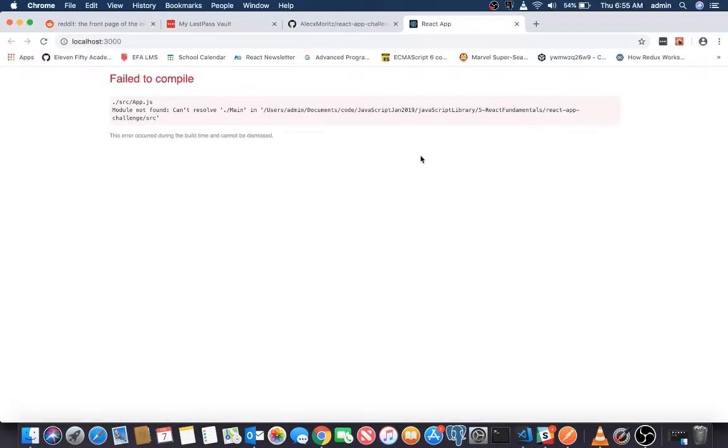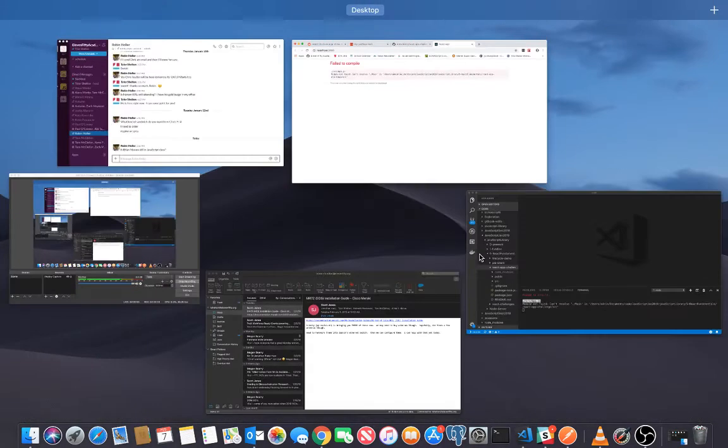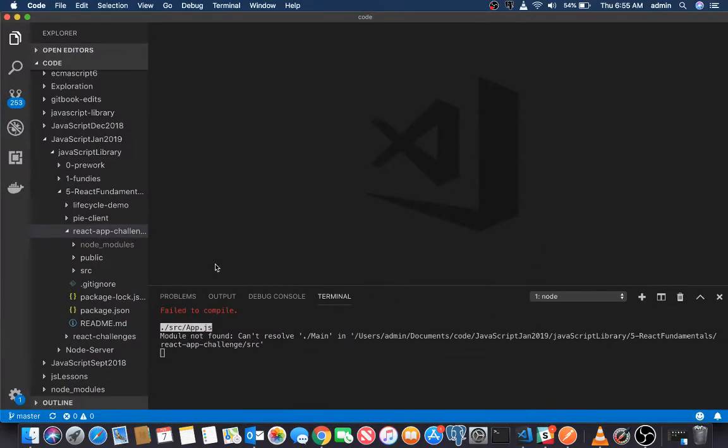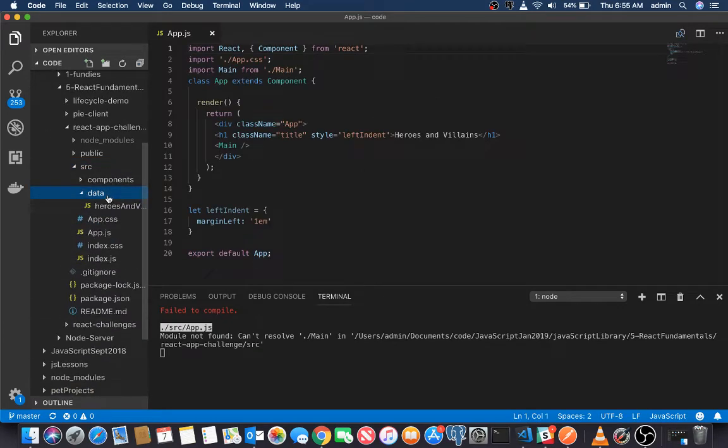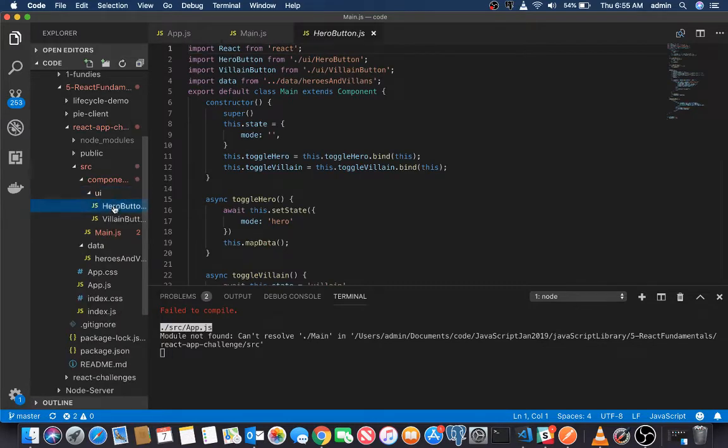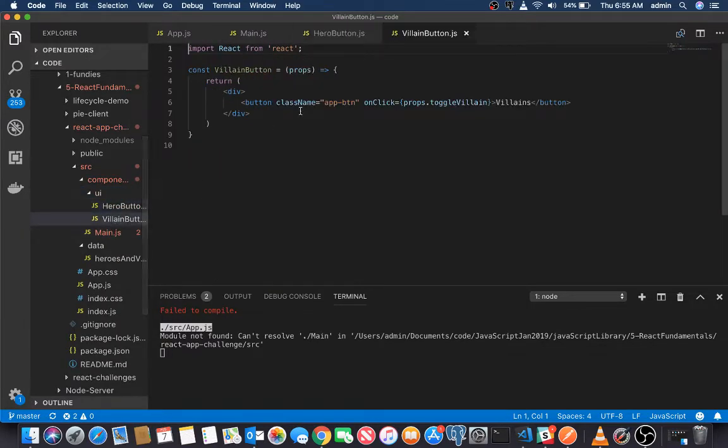Note on this, hopefully I've already shared, none of the errors should come from package.json, so they should be isolated to our app.js and our components, I believe. Main, hero button, maybe villain button. So I think all the errors are in these four things. All right,